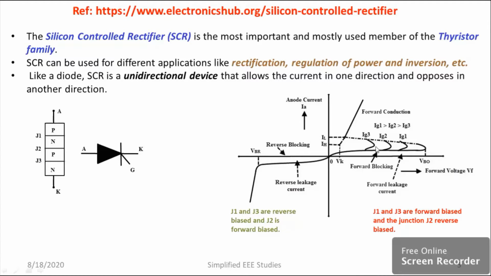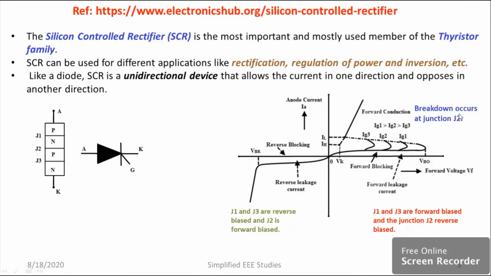The best way to operate the SCR is to provide a sufficient amount of forward voltage and, in parallel, a sufficient gating pulse. At that time, the thyristor gets turned on. Whenever the thyristor is conducting, that region is known as forward conduction mode. A suitable amount of gating pulse or gating current should be provided for turning on the SCR. That's a speciality. This is the third mode of operation.